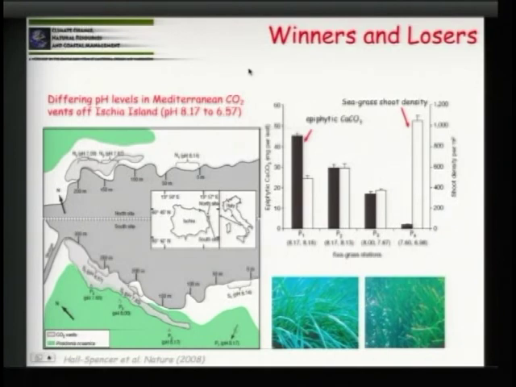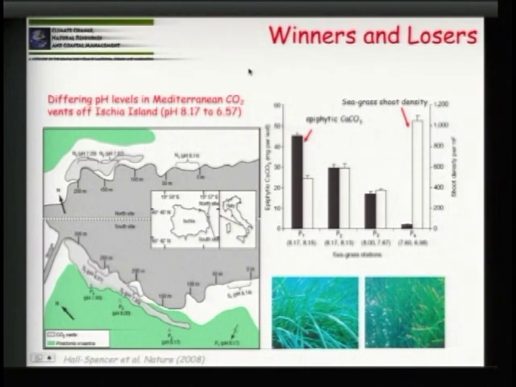And this is an important study that was done in Italy where there was a natural CO2 seep from volcanic processes, and it was in a coral reef bed. In the region of the very high CO2 and low pH waters down to 6.8, we saw a loss of the coral reef species, and in fact a loss in most of the calcifying species, but an intensification and increase in the seagrasses. So you can tell from this that there will certainly be winners and losers,